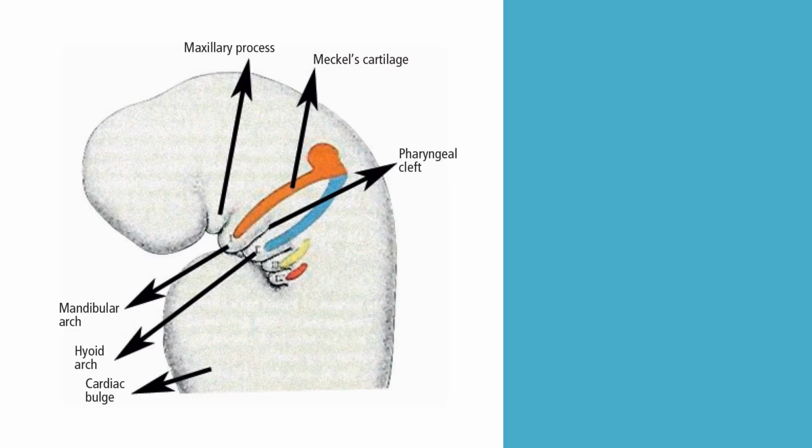So totally there are 6 arches present. From the 6 arches, how the skeletal element develops, we have to think. There are 6 mesodermal bars. The central axis of the mesodermal bar is going to form the skeletal elements.